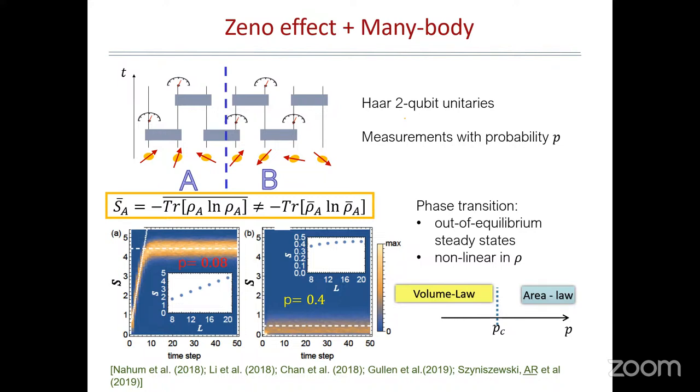Okay. The other important aspect is that we are looking at a phase transition in a quantity which is entanglement entropy, which is non-linear in the system state, given that it's non-linear in the density matrix of the system, so it depends non-linearly on rho, which is that log you see there. And because we have a distribution of steady states, we're looking at the average entanglement entropy, and the average is the average of the entanglement entropy, not the average of the state. Okay, I will come back to that in a couple of slides, which is important.